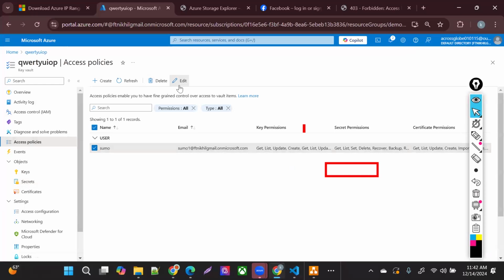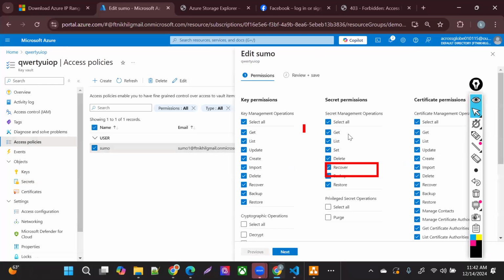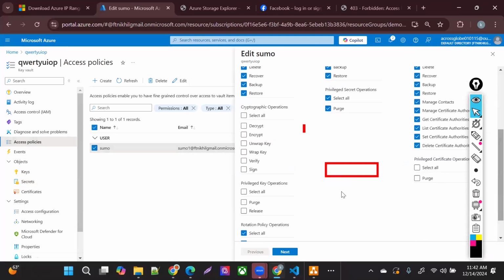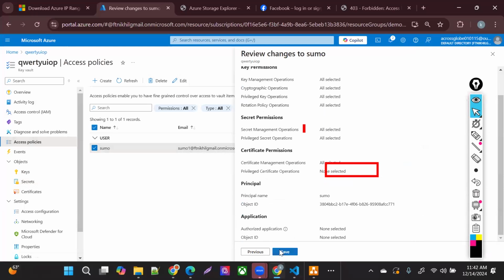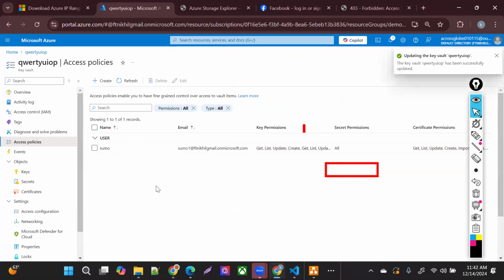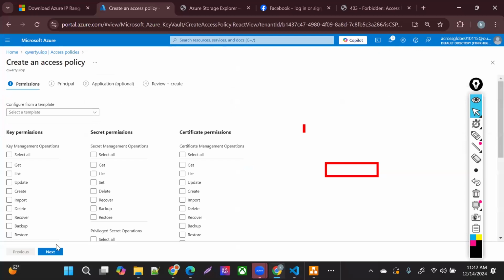Let me modify this one, edit. Let me select all of that over here. Next, save. Sumo is there, but I have not added that other person.